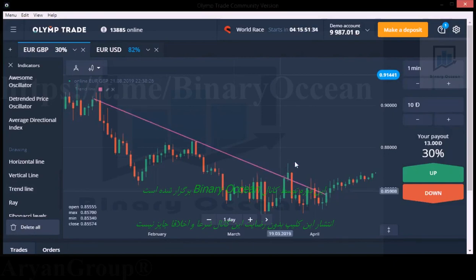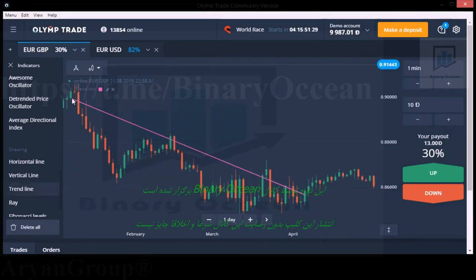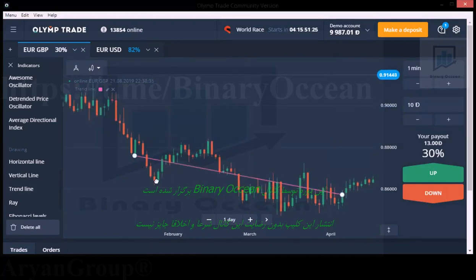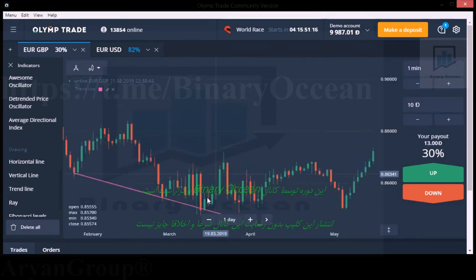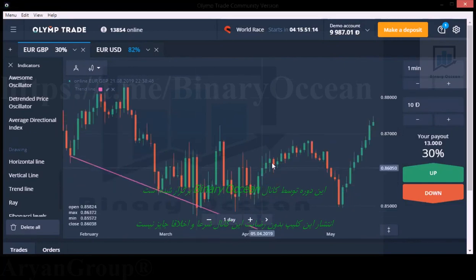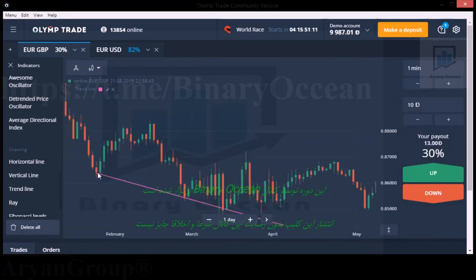So here we have an opportunity, but we may lose our trade here. I think we have an opportunity here. So we have an opportunity here, but we are seeing a breakout candlestick. It's better to avoid. If you get any breakout candlestick, then avoid to trade. I think here we have an opportunity on it.